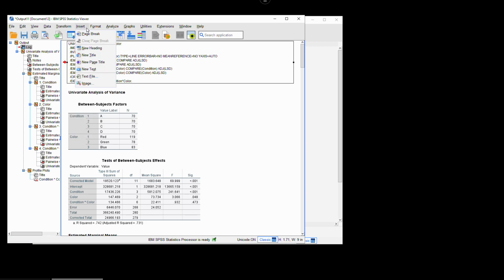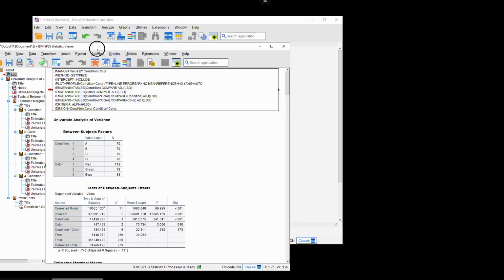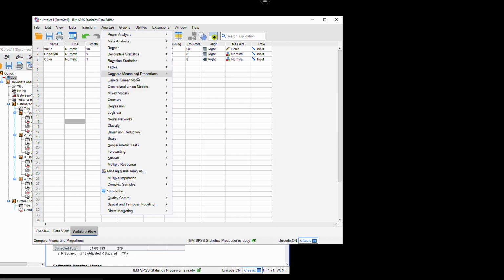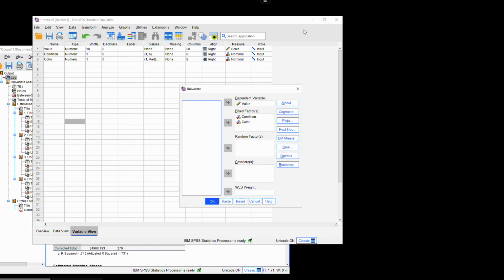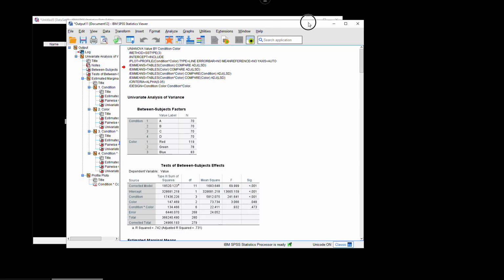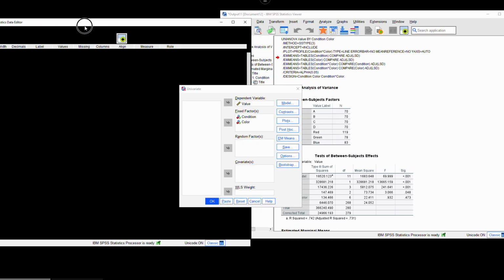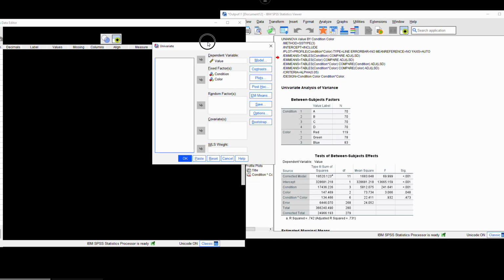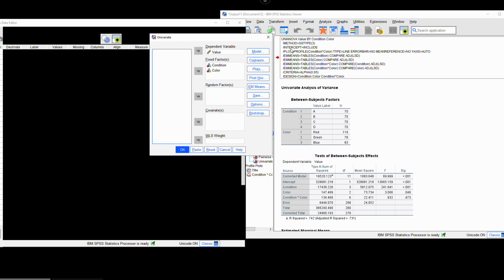In fact, let's pull this up. Go back to Analyze, General Linear Model, Univariate. See if I can. Nope. I have to keep that up. So we're going to come here. Let's see if I can't arrange these. Alright, so